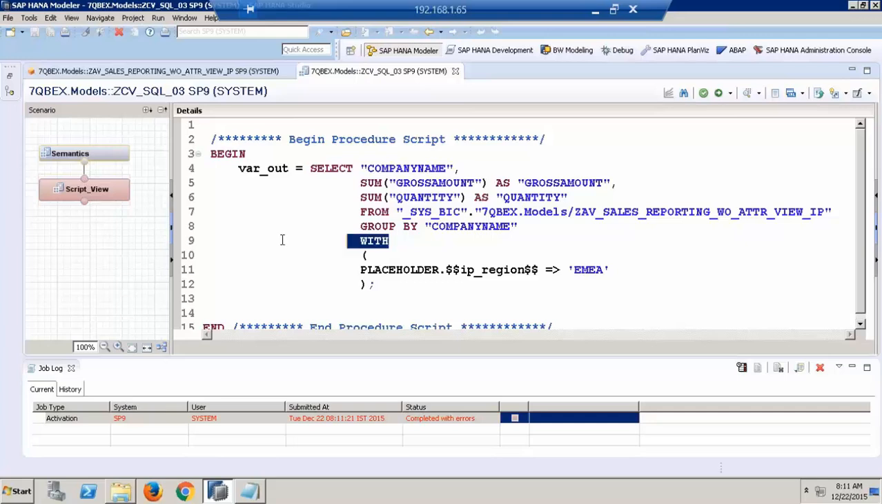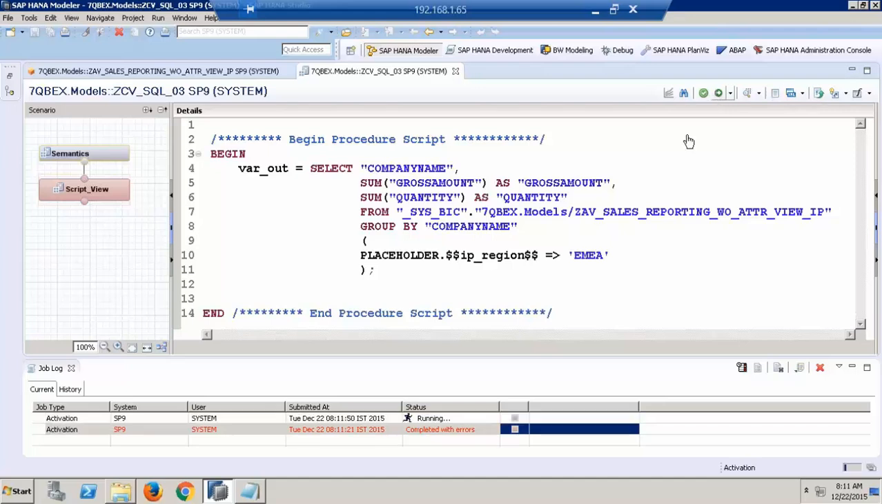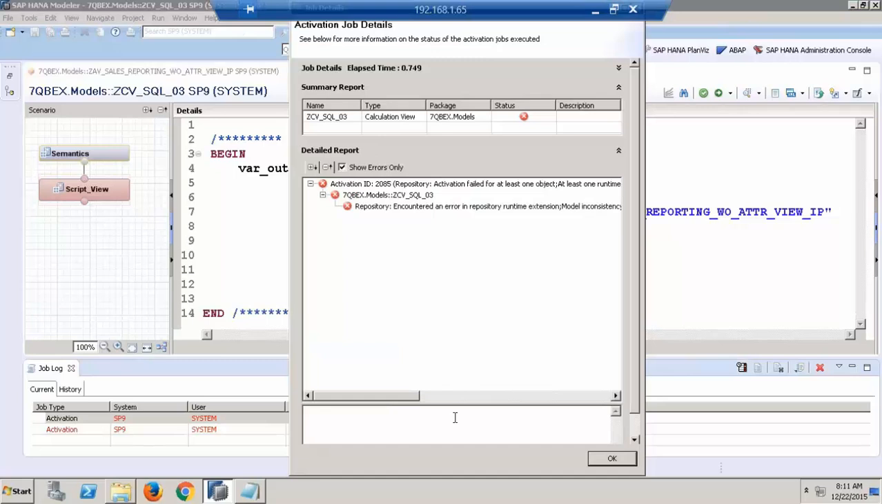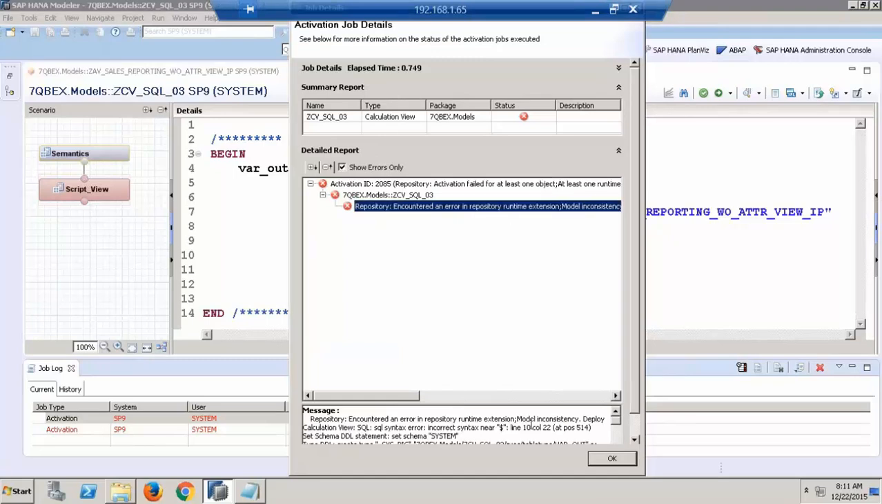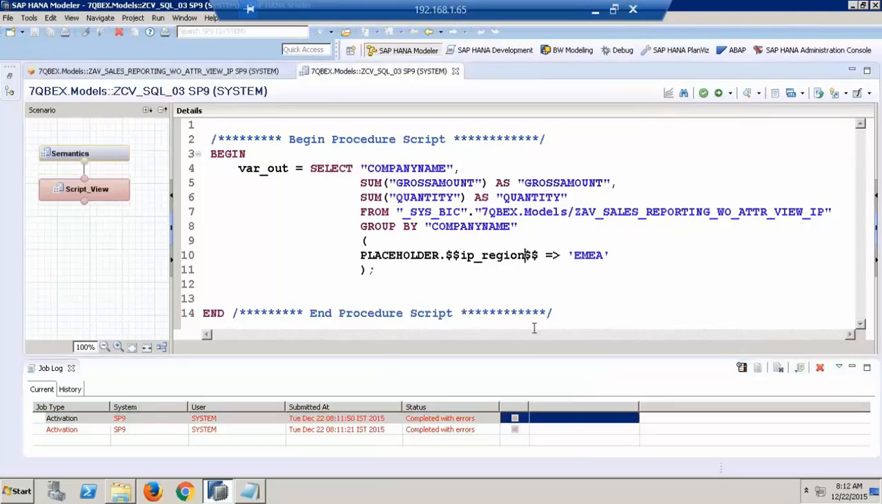Set schema syntax error, incorrect syntax here. Spelling mistake. Dollar